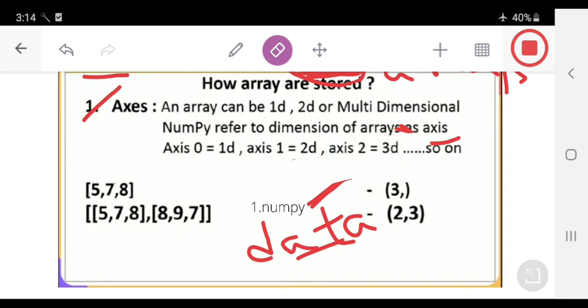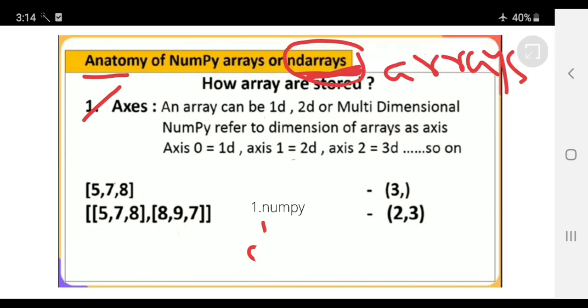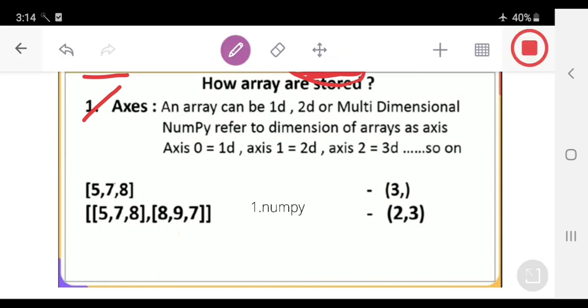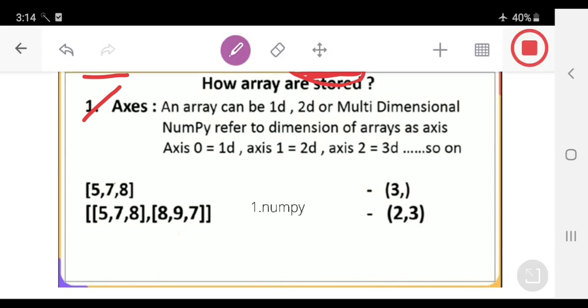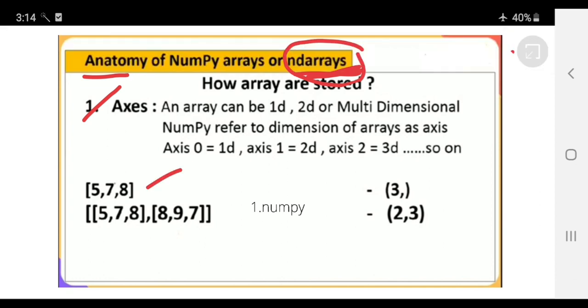Let us discuss the concept of shape. See here, an example is given. In this example, the elements 5, 6, 7 are given. How many elements are there? The shape of this is 3 elements, that is in dimension 1. How many elements are there? That is 3 elements, right? It is a one-dimensional array. It is an example of a one-dimensional array.